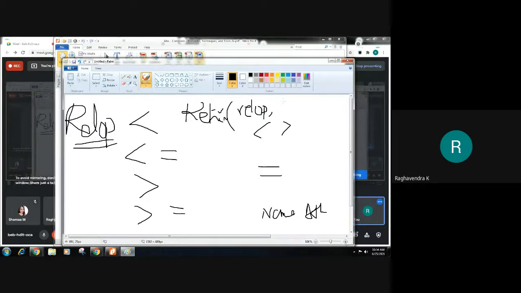For example, less than is indicated with LT, less than or equal to with LE, greater than with GT, and greater than or equal to with GE, and so on. Not equal to will be NE, and equal to will be EQ, or something like this. This is what we are supposed to return.